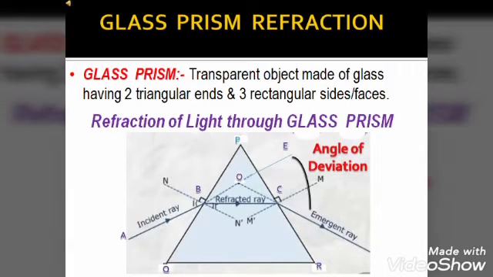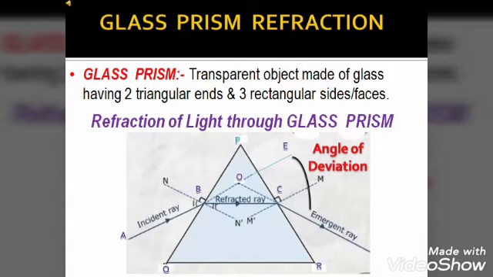As you can see in the figure, there is an incident ray, then the light is refracted and the emergent ray comes out. You can notice that the incident ray and the emergent ray are not parallel, as in the glass slab, where we had an emergent ray parallel to the original ray path. But right now it's not parallel.